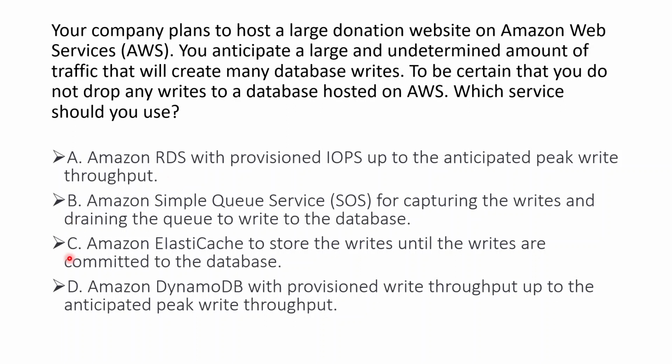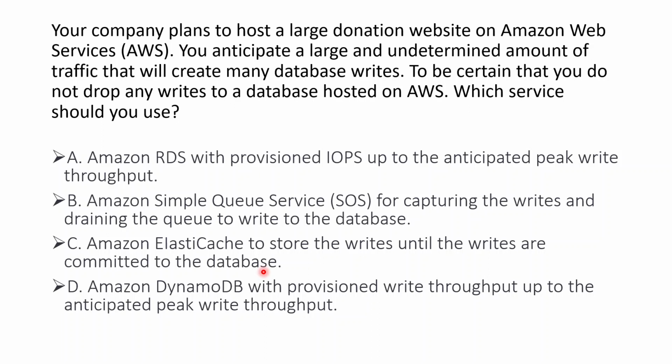Option C, using Amazon ElastiCache, would also not be the best choice in this scenario because ElastiCache is a caching service, not a message queuing service. It is designed for storing frequently accessed data in memory to improve the performance of applications, not for buffering writes